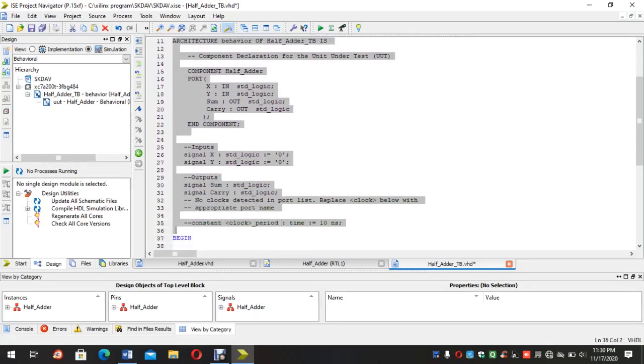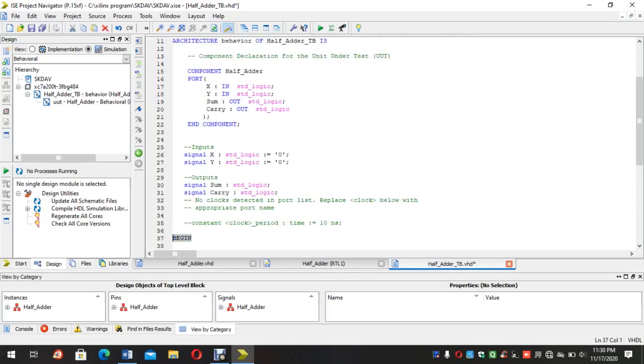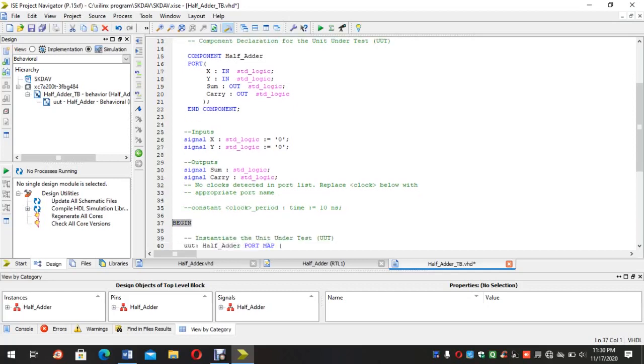Up to this. We have to declare a component and signals in its architecture before the begin keyword. See here, this one is the begin. Before this begin keyword, we define all the components and signals.